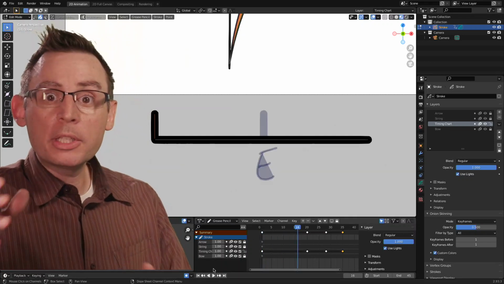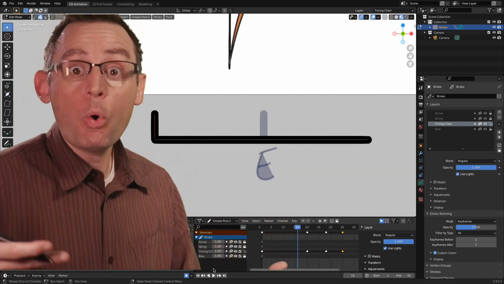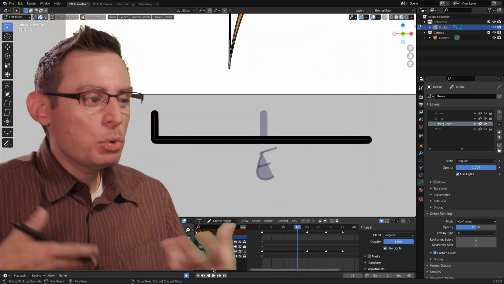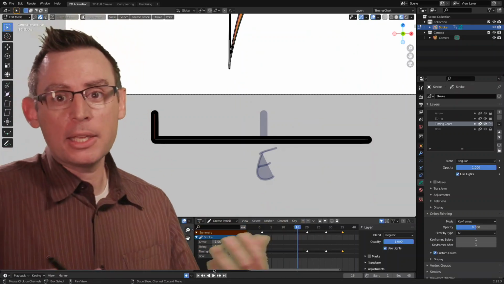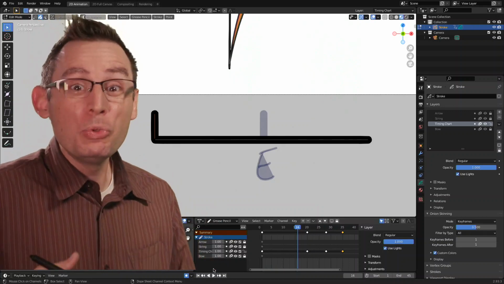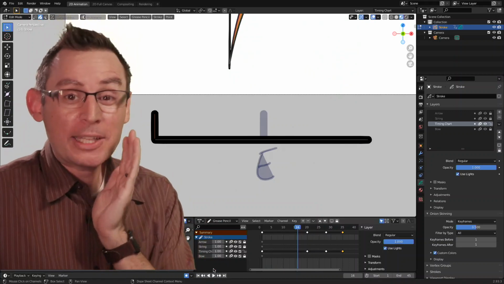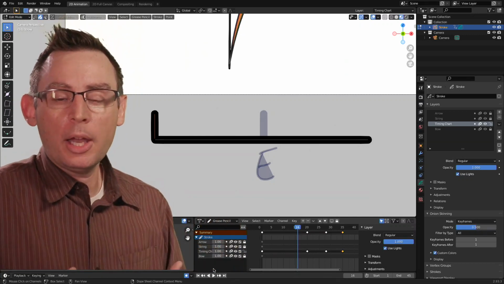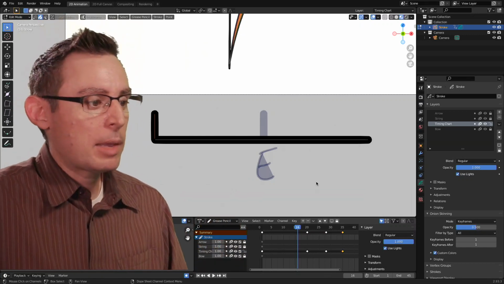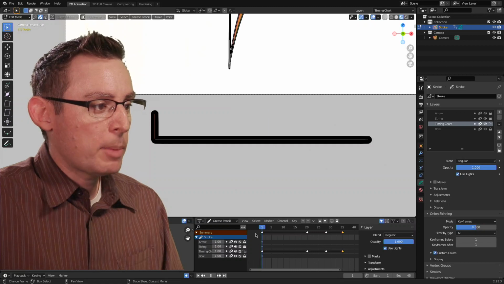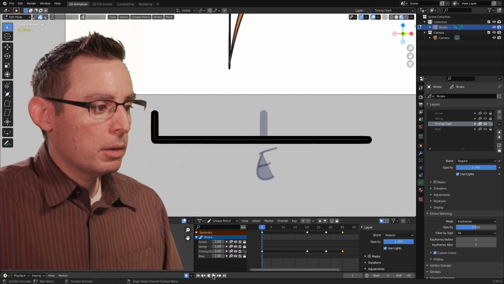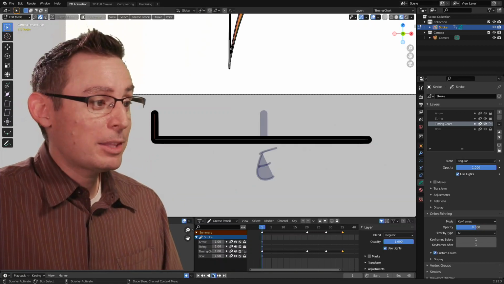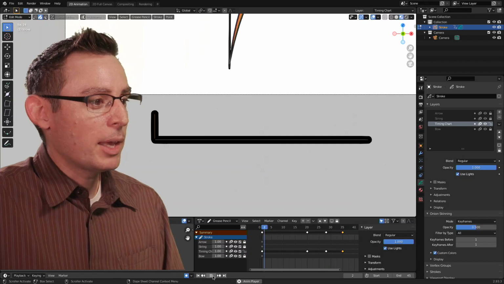This is why we do the timing chart, to explore our sense of timing, to allow us to experiment and to make mistakes and kind of stumble through this process. And believe it or not, that's how all the professional animators do it. There is no magic shortcut that gets you to our understanding of timing. We block it out with simple shapes like we've done here. We throw down some keyframes, we hit the play button, and we see what we get.